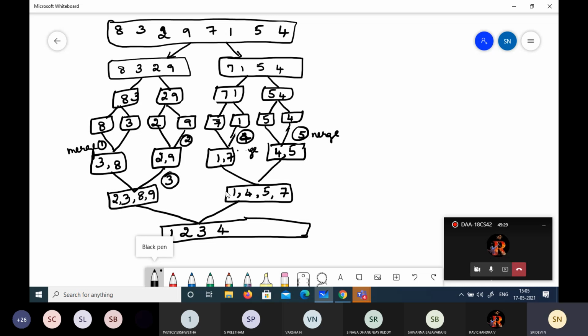Now j is incremented, 5. 5 and 8 are compared. Which is smaller? 5 is smaller. Then i comes here. 7. 7 and 8 are compared. Which is smaller? 7 is smaller. This array got exhausted. Your index is here. Now copy all the elements in this. 8 and 9, over. The array is sorted. This is your last merge. This is your 6th merge and this is your final 7th merge.